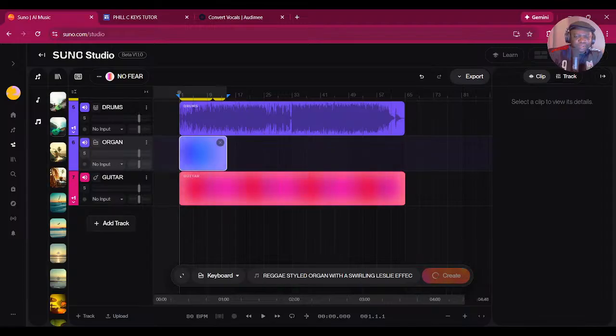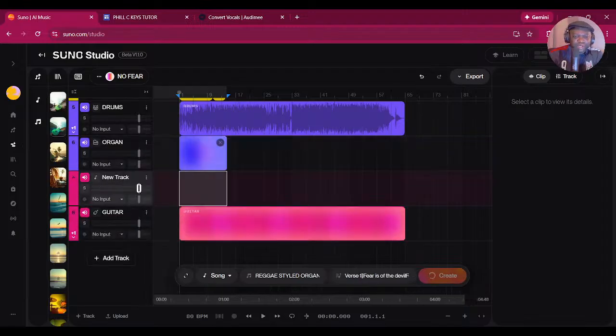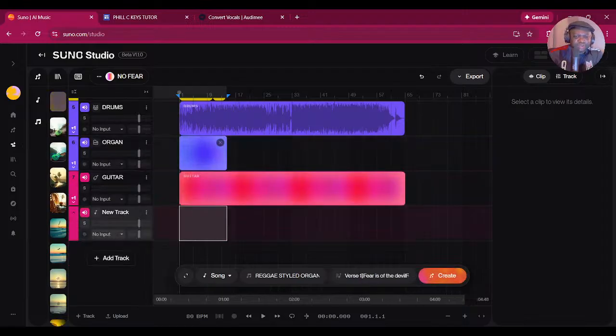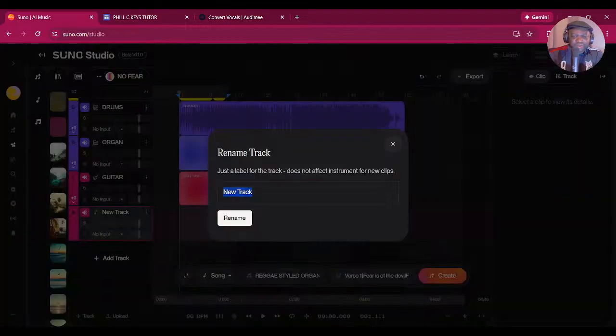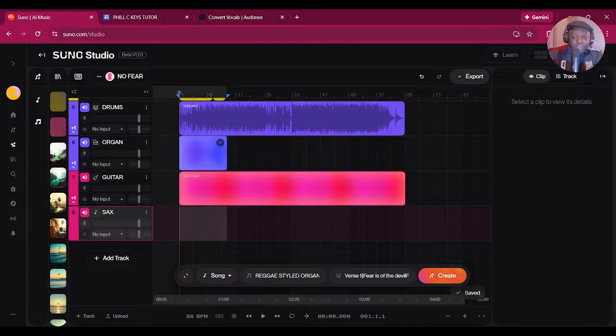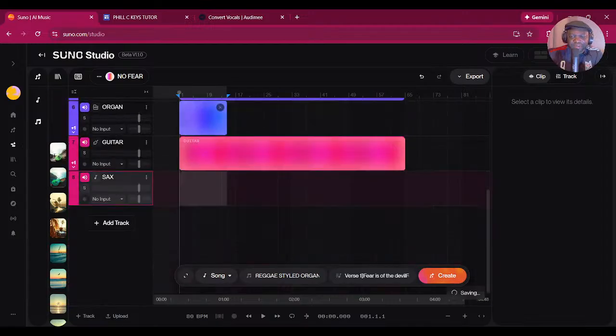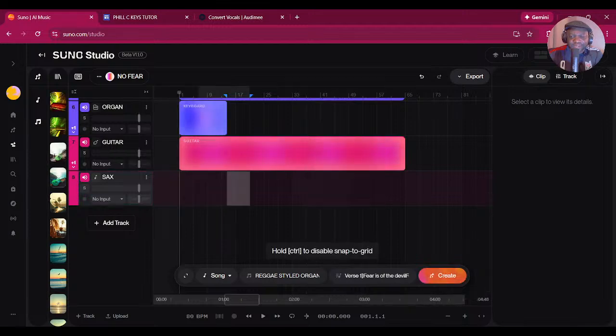Okay, so an organ, a guitar, and towards the midpoint where there's a break, just for demonstration purposes, let's put in a sax. The sax will come in around here, like that.